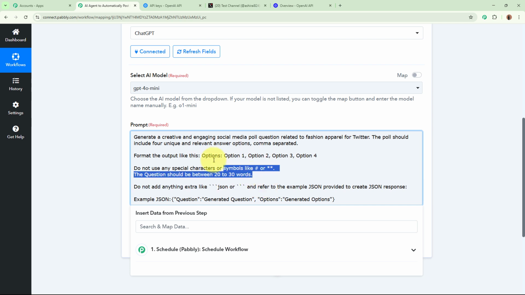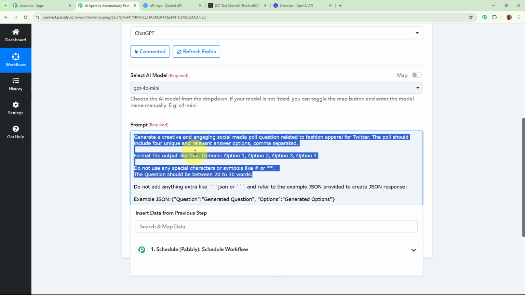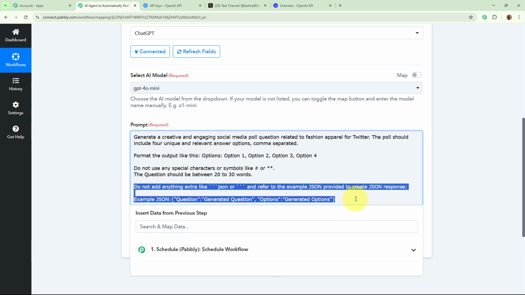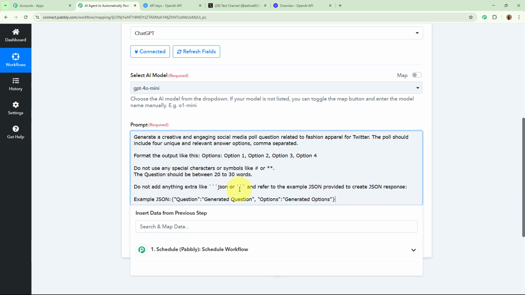Over here, if I'm going to write only these things, what is going to happen? I'm going to receive the options and a question in a paragraph format. I want them separated from each other in a JSON format. That is, I've added this line right over here. I don't want anything like this, and refer to the example of JSON to be provided. So in the example I've written, for the question I want the generated question, and similarly for options, the generated options